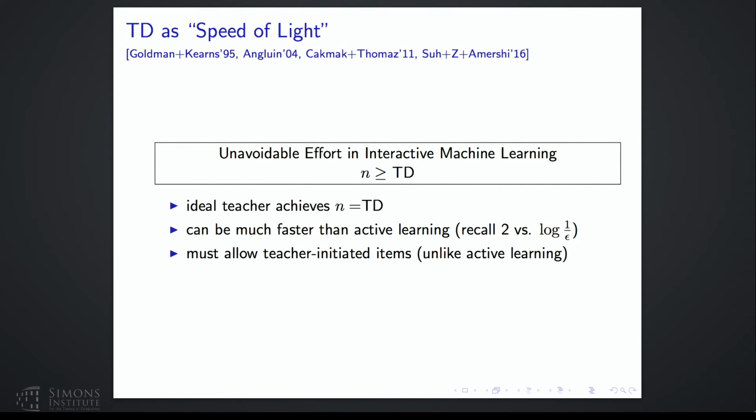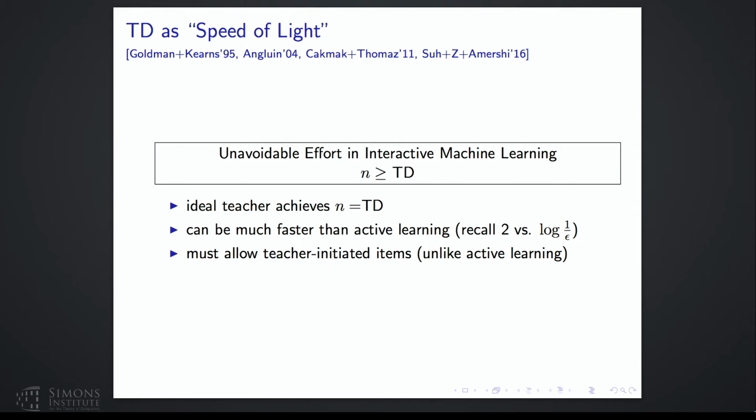OK, we have a quantity known as teaching dimension. And the relevance, especially to interactive learning, is the following. This notion, teaching dimension, is really a lower bound that you cannot break. As long as you are in the setting of giving training examples to a learner, any of your schemes is by definition going to use more training items than the teaching dimension. So that's number one. It's just the speed limit. An idealized teacher, of course, can achieve that, again, by definition.